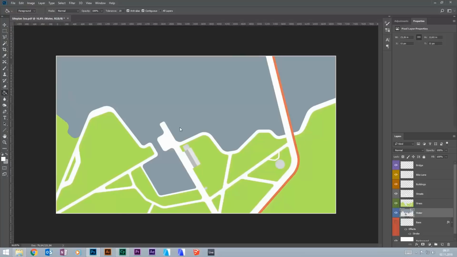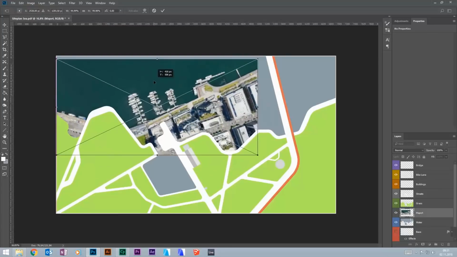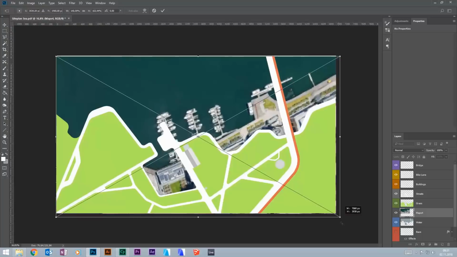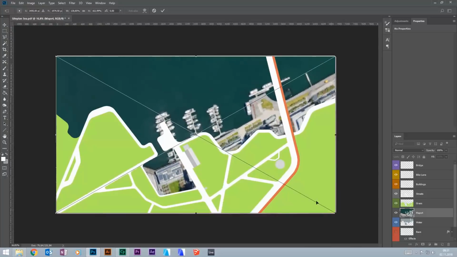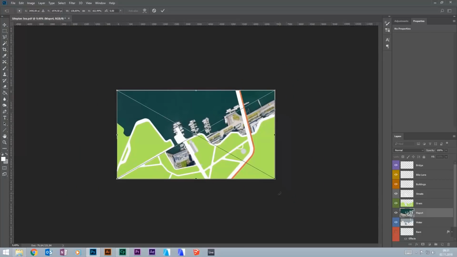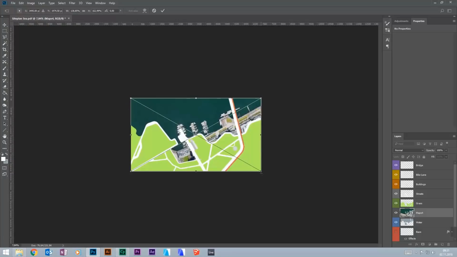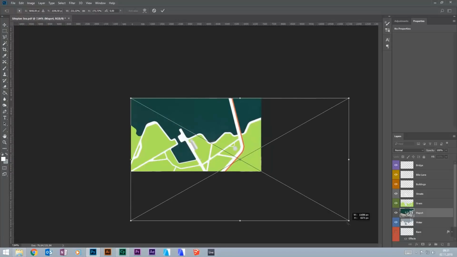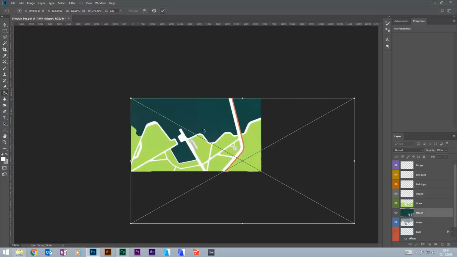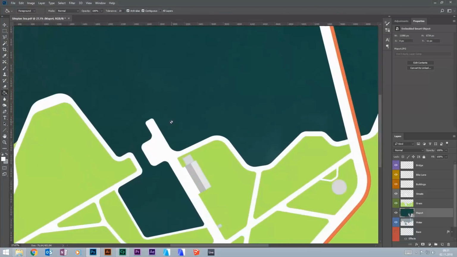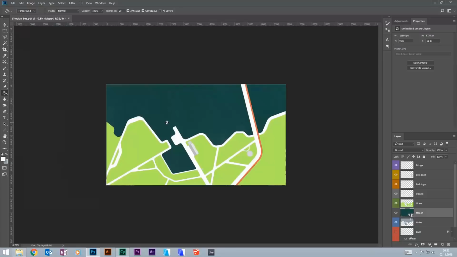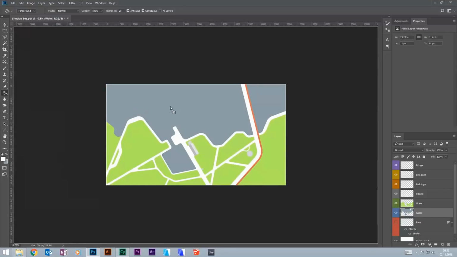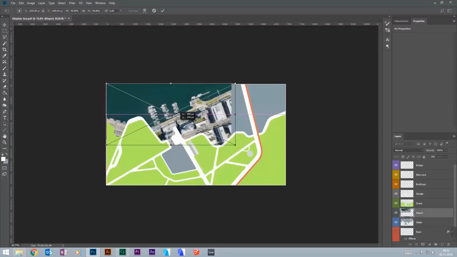And I start here with textures right now. First of all, the water textures. I have this image here from a satellite shot. I think it's from Sydney. So if somebody from Sydney is watching this, maybe you recognize this area. And I'm still transforming it, and I pull the water so big that it covers all the water area, but